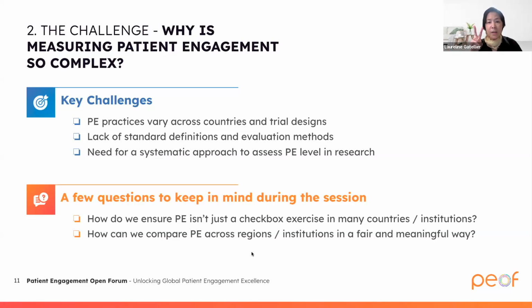There are 2 questions I would like you to keep in mind during this whole session. How do we ensure patient engagement isn't just a checkbox exercise in many countries and institutions? Checkbox, done. Or also, how can we compare patient engagement across regions and institutions in a fair and meaningful way? These are 2 questions that are a bit different. Please keep them in mind.